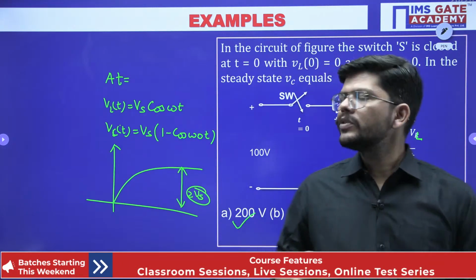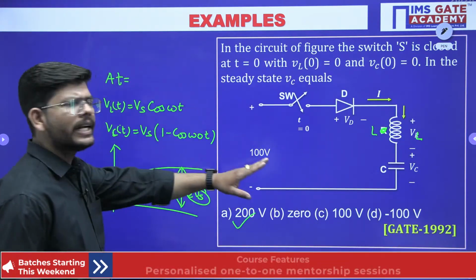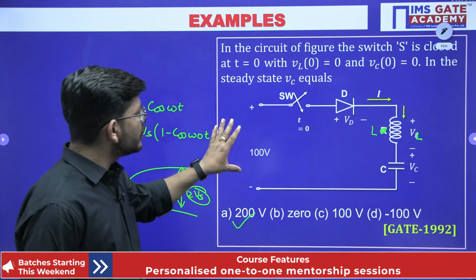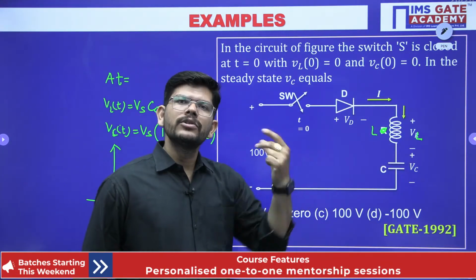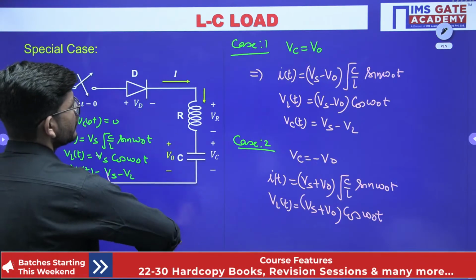Now most of the students must have written Vs only. They just thought we are talking about the final condition. Finally the inductor will become short circuit, and this Vs will appear at the capacitor. So the answer is Vs, not Vs, it is 2 Vs. And how is this 2 Vs? You can just see